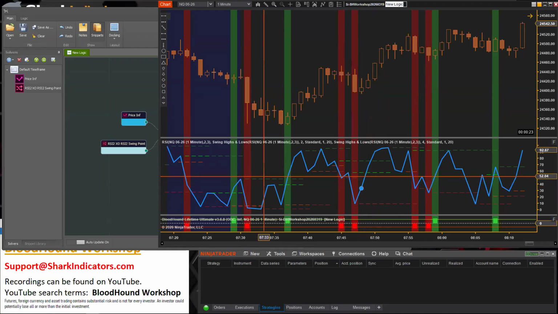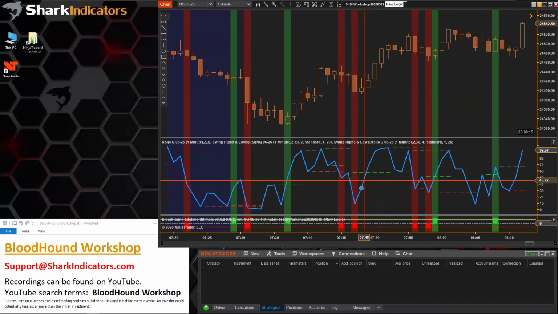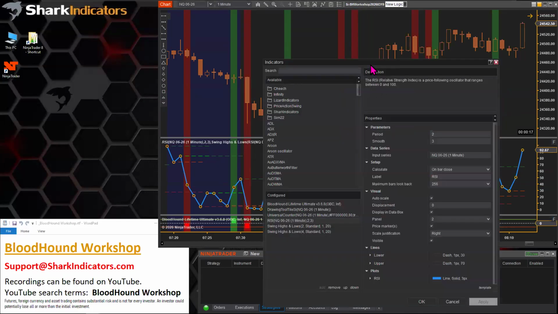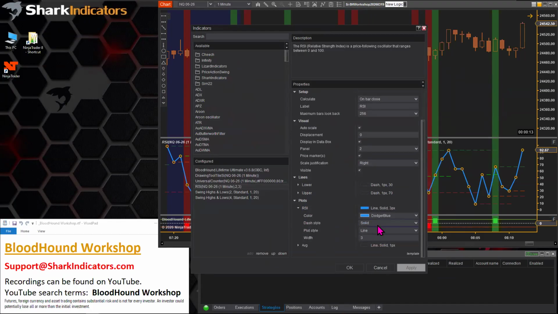So actually, it might be more helpful here, I think, if we change our plot from a line to a dot.